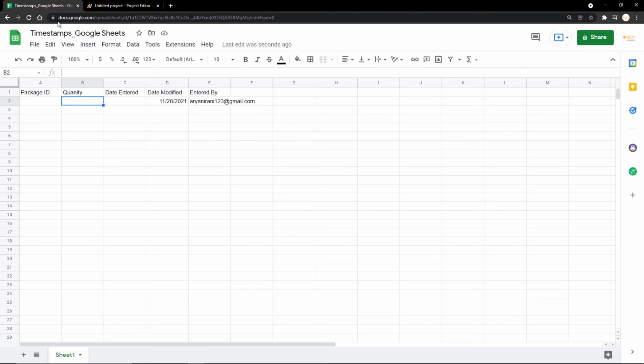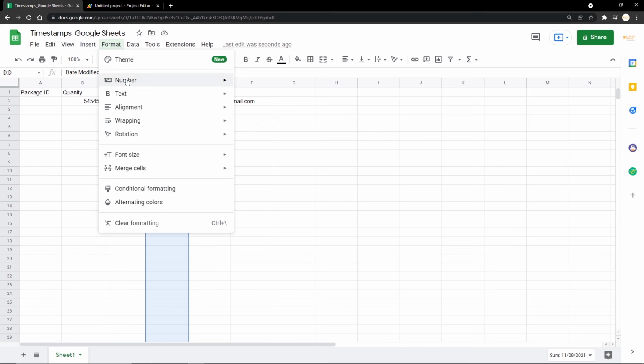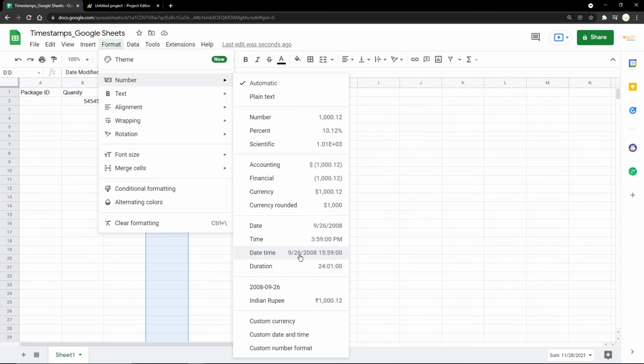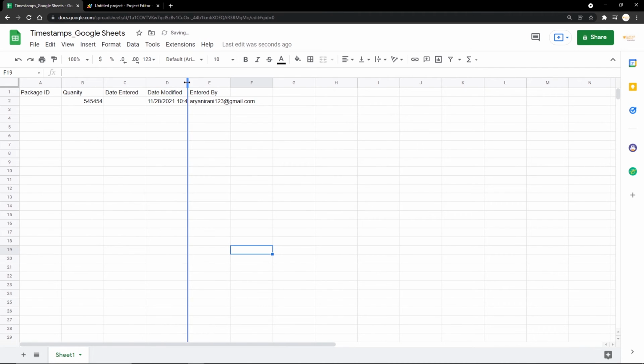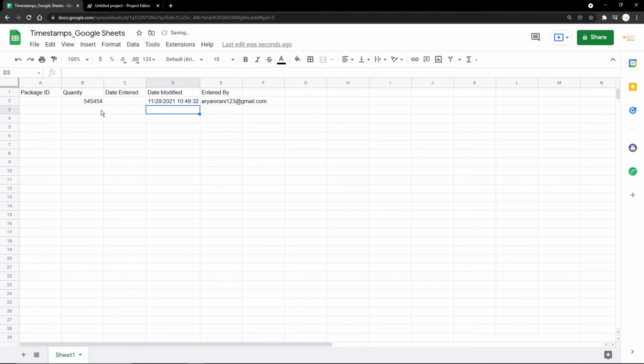Now if we go back to our Google Sheet, and here you can see, now if I go here and I add something in the quantity, say 5544, you can see the date modified and the email address has successfully come in, but this time is not looking good. So I'm just going to select this column, go to format, go to number, and I'm going to be changing it to date/time. And if I make this a bit big, you can see that the date is here. And if I go here and change this once again and I do it to 786, here you can see the time has been changed. So this is how we're going to be using the date modified.